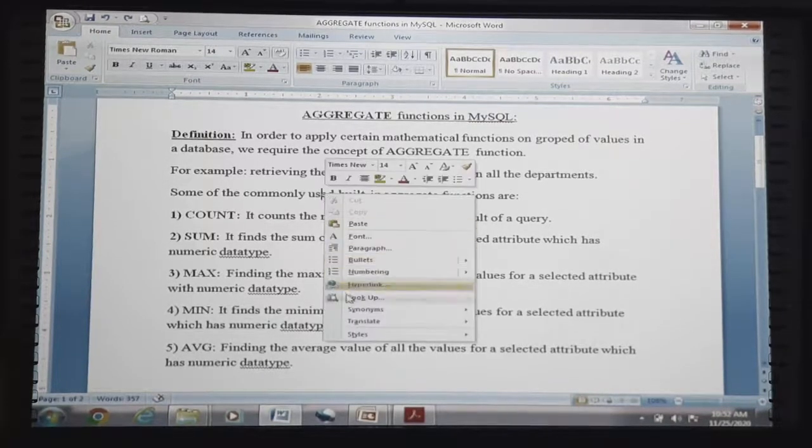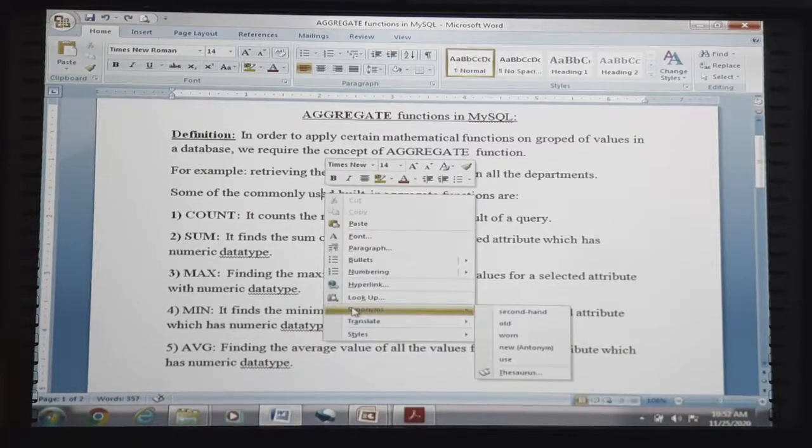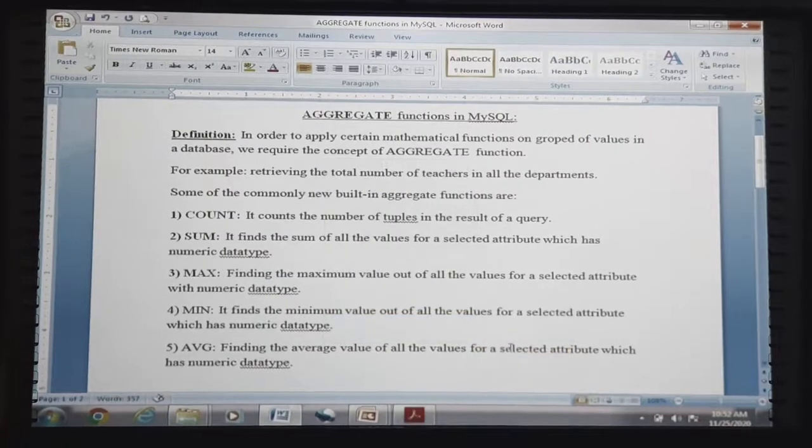Instead, let me search for another synonym. Suppose I am using "new". This is an antonym. Since "used" we have utilized, its opposite has been inserted. Antonym means opposite, so the opposite has been inserted here.